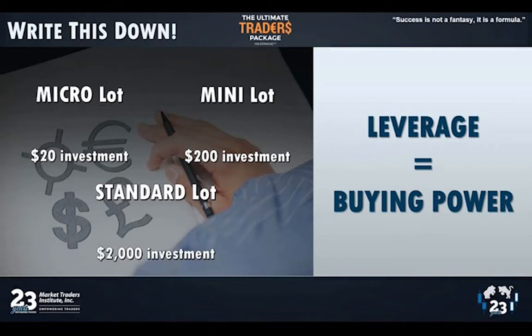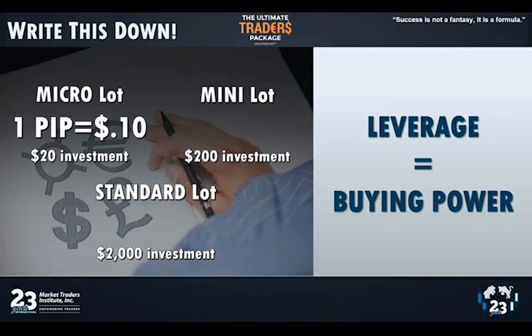Now, each of these lot sizes has a different profit value to them. If you trade with a micro lot, you're looking at a 10-cent per pip profit, okay? Now, obviously, that's not a lot of money. If you think about the trade we just did, if we'd invested $20, now again, remember, we're not a broker. We don't handle your money. You pick any broker you want. So you decide, based on that trade we just talked about a moment ago when we were on the charts, to buy a micro lot. You invest $20 on the 3rd. You sell on the 4th.